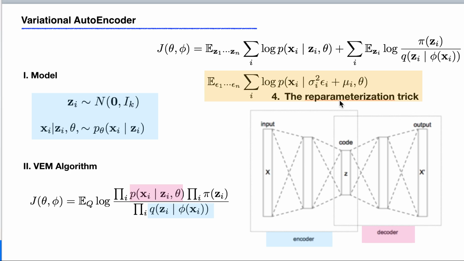That's the last trick we have to use, called the reparameterization trick, because each of the zi is going to be normally distributed, and the only randomness is just the error part. So we can reparameterize each zi to be the mean vector plus sigma i times the standard normal. So the randomness is only in this part. So we can keep the expectation over those